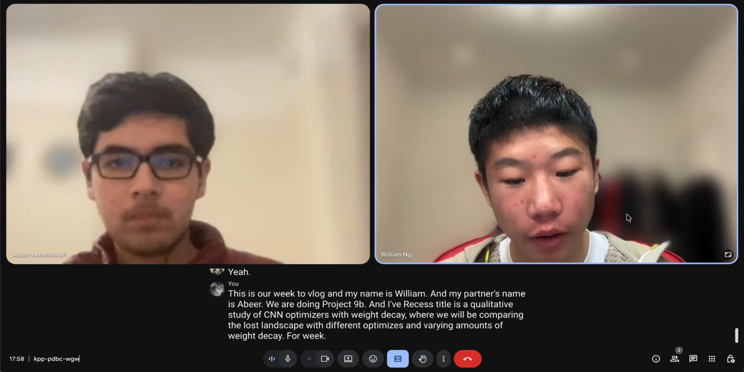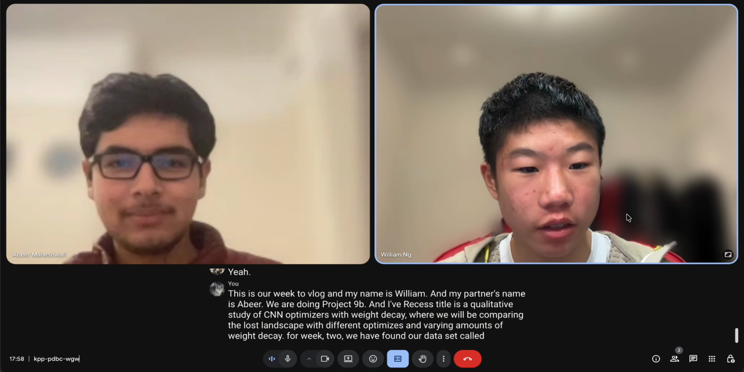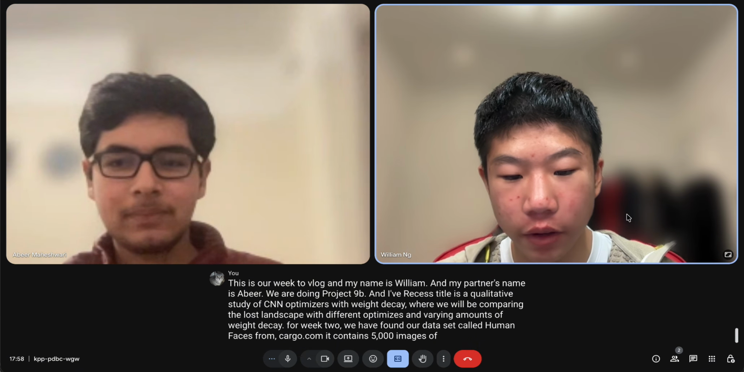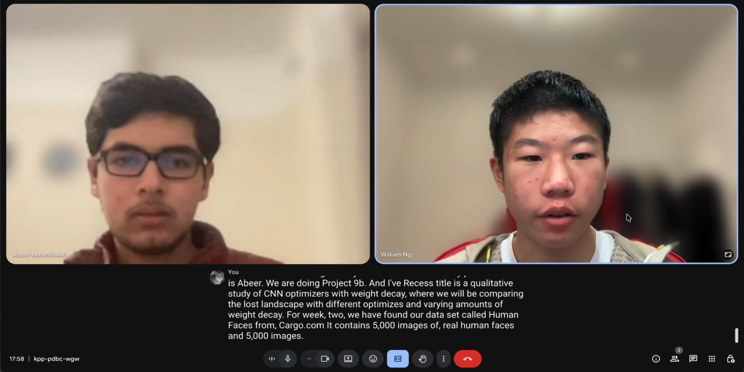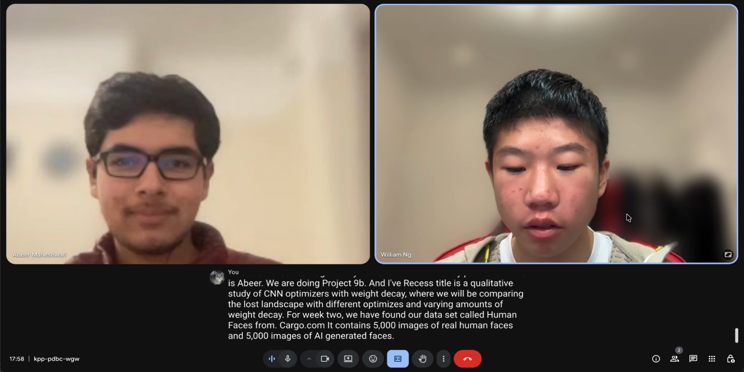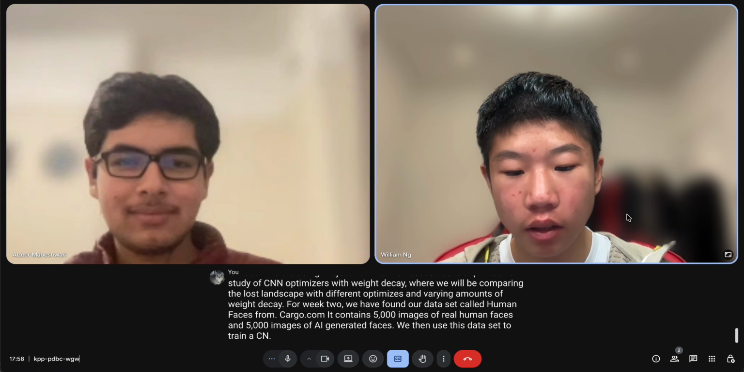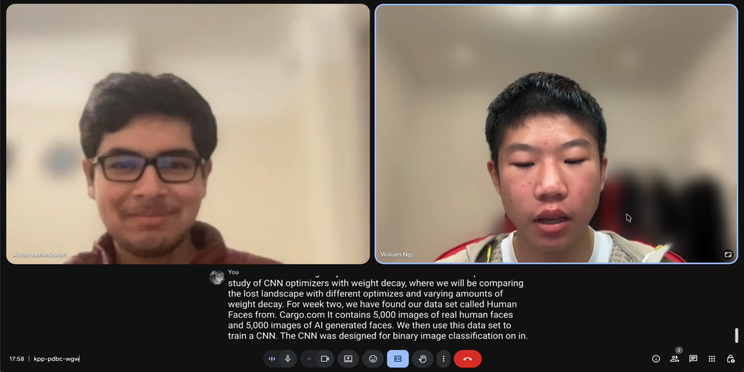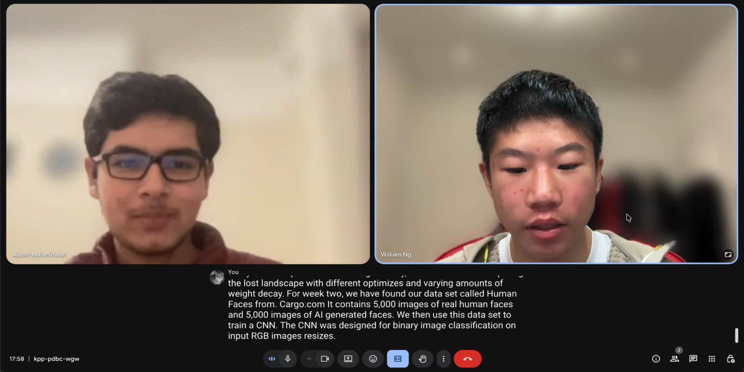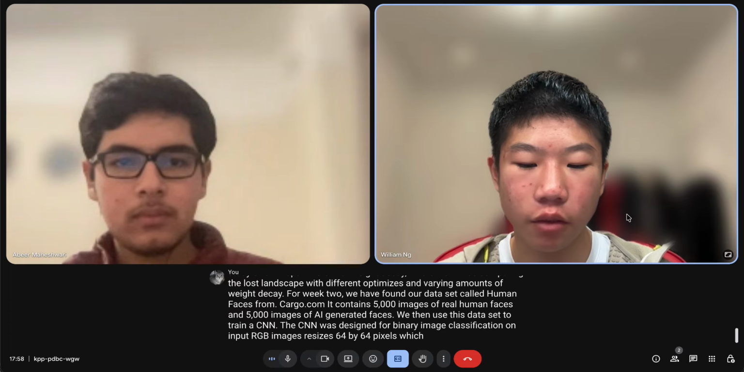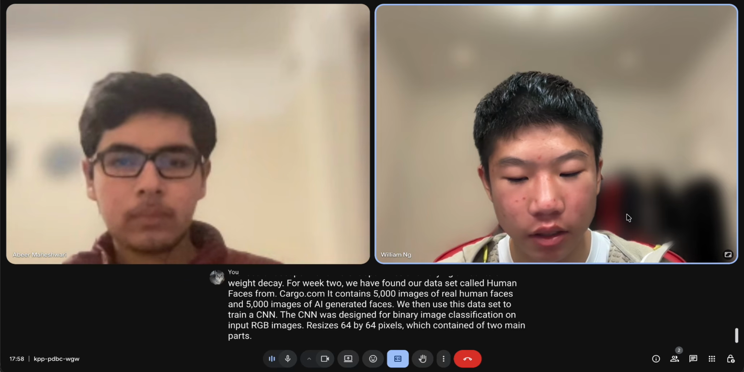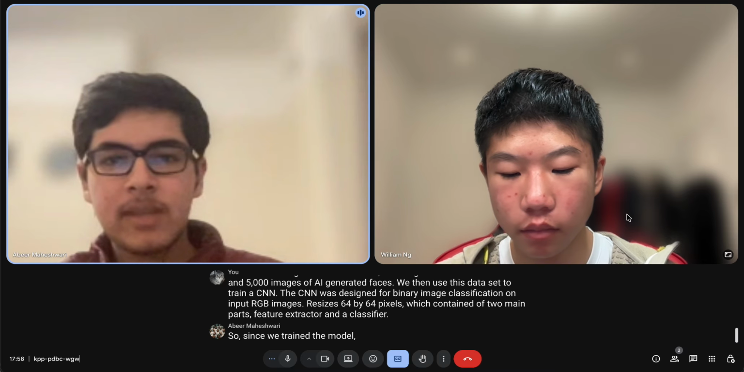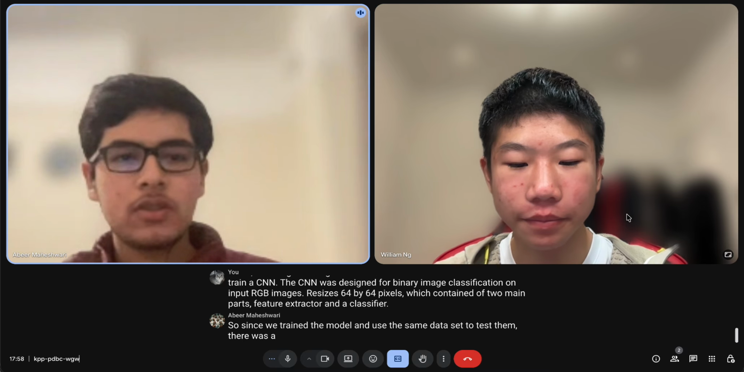For week 2, we have found our dataset called Human Faces from Kaggle.com. It contains 5,000 images of real human faces and 5,000 images of AI generated faces. We then used this dataset to train a CNN. The CNN was designed for binary image classification on input RGB images resized to 64 by 64 pixels, which consisted of two main parts, a feature extractor and a classifier. Since we trained the model and used the same dataset to test it, there was a 0% margin of